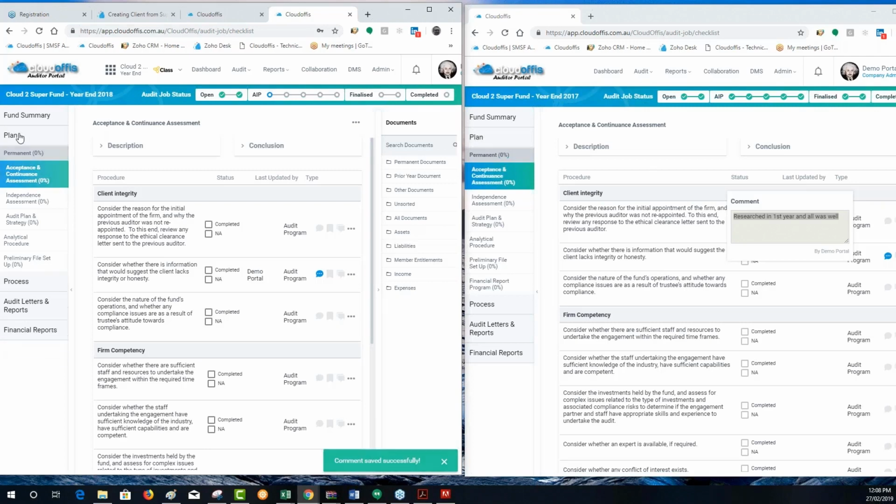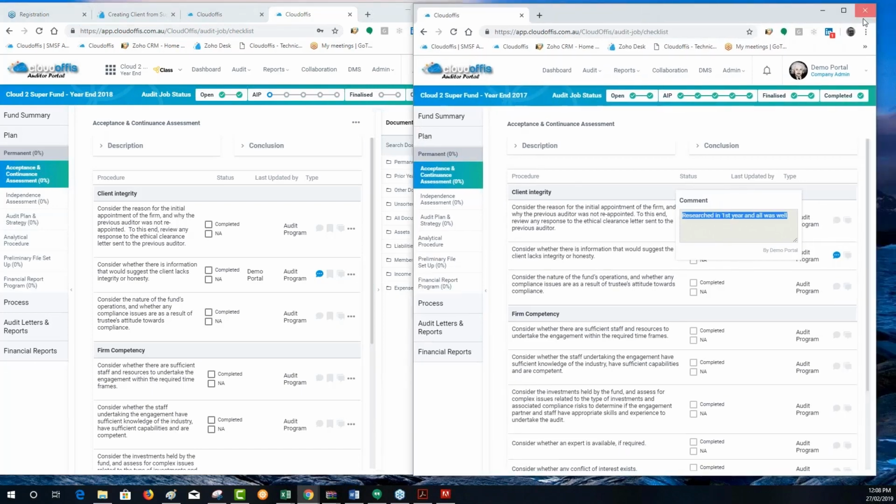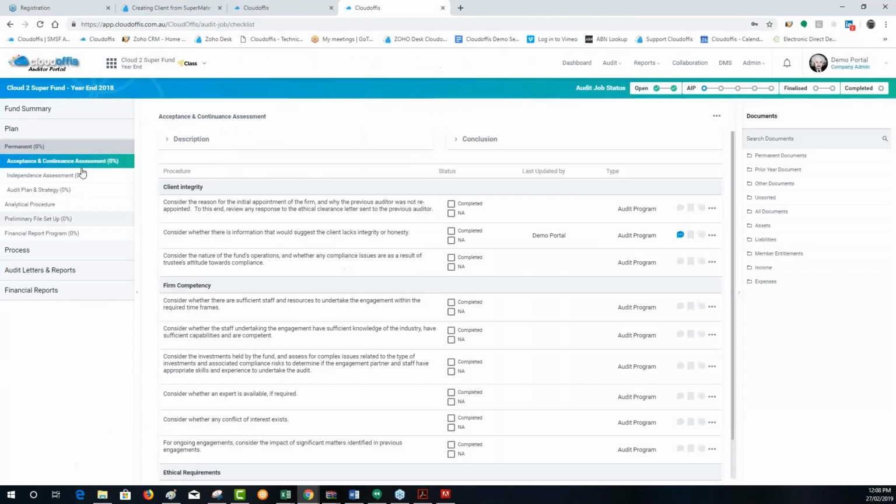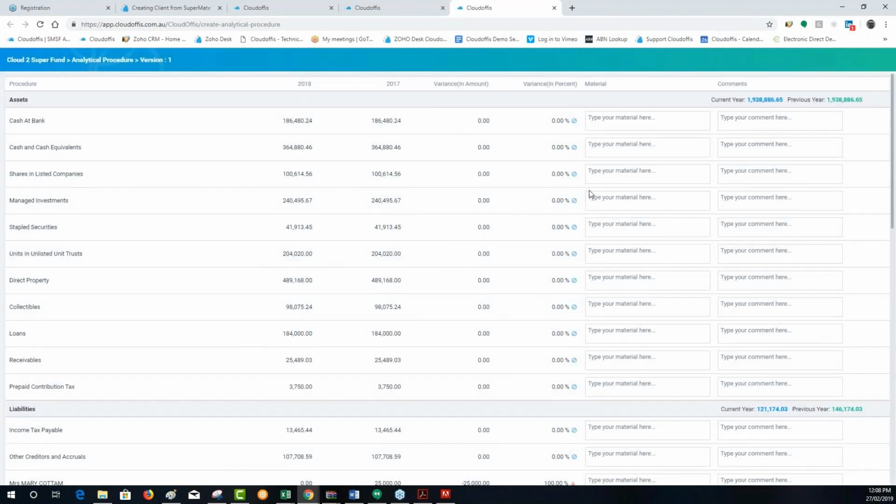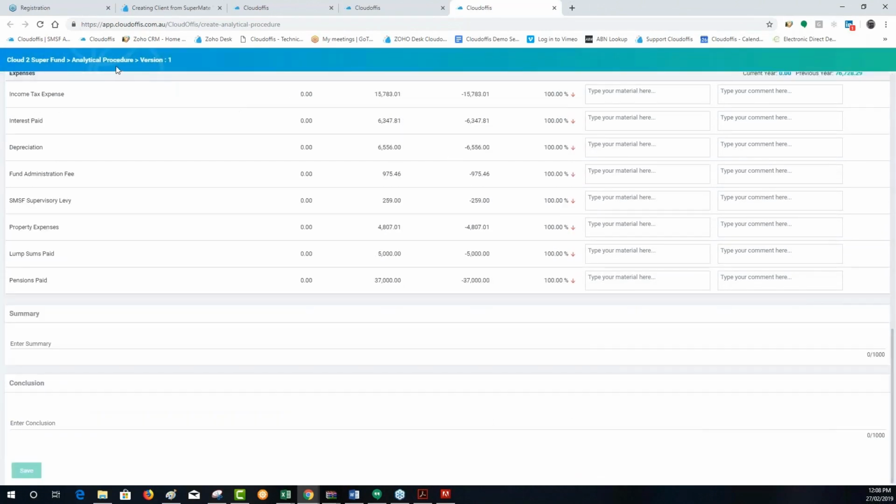Now, many clients also ask me, how do I provide a complete overview? So how do I remind myself of things that occurred in the previous year? And that is where I would suggest using our analytical procedure. This was actually suggested by many clients. Doing some refresher training, they told me this is how they were doing it. So on our analytical procedure page, there is a place to enter a summary of what occurred, as well